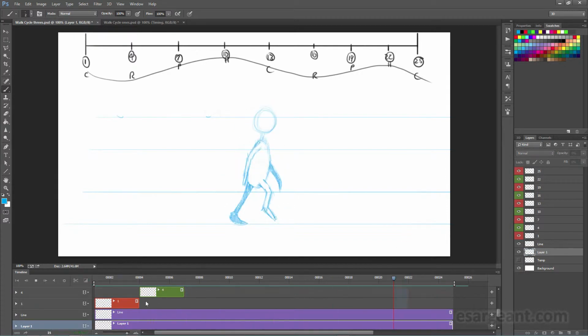So let's go ahead and see what this looks like when we play it back. So you can see each frame, or each extreme, is being held for 3 frames. So it gives us a slightly jerky motion, but even with just the key poses put in, you can actually see how this is a fairly convincing walk cycle, and we can get that nice bobbing up and down, and we can see how the arms are stretching and squashing. So it's fairly convincing, but I think it's enough to call a basic walk cycle, and it's a great place